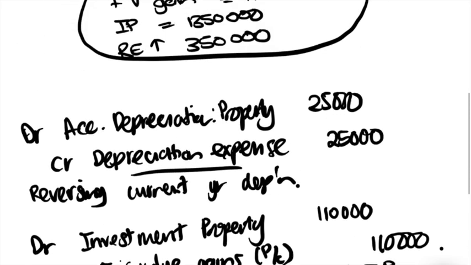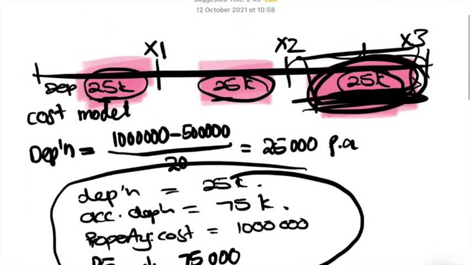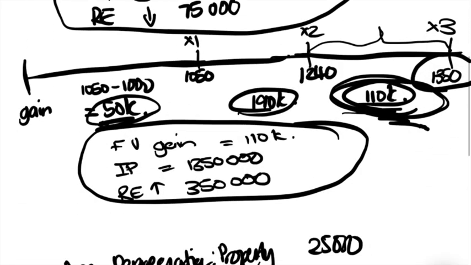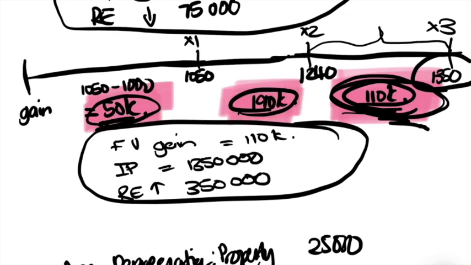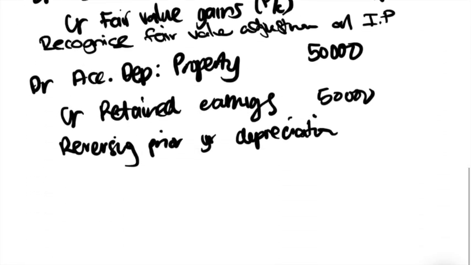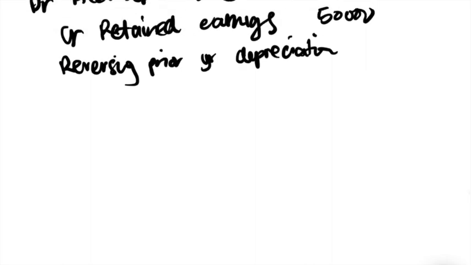Okay, and now the last adjustment that we need to do is, if you look at what we've done in terms of the new policy, we've already recognized the current year fair value gains relating to the investment property. But because we're applying this policy retrospectively, it means that we apply it as if it has always existed. So therefore, we are going to take the fair value gains that we previously would have recognized, and now we're going to bring that in as well. Okay, so the cumulative effect of those would have been 240,000.